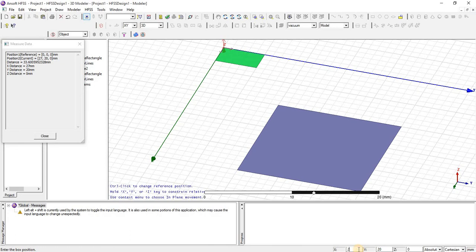First x at 5 mm and y-axis is 5 mm, and just press enter. You can see here the starting position of the box, and secondly what the end position will be.